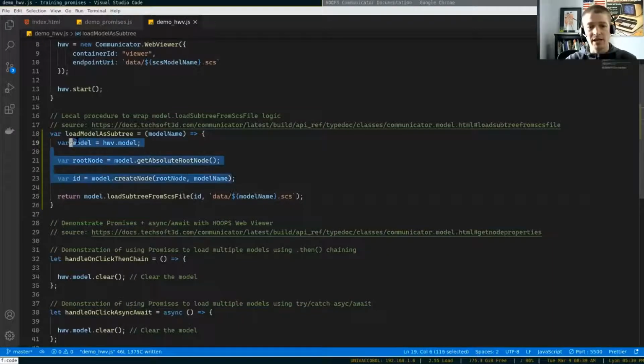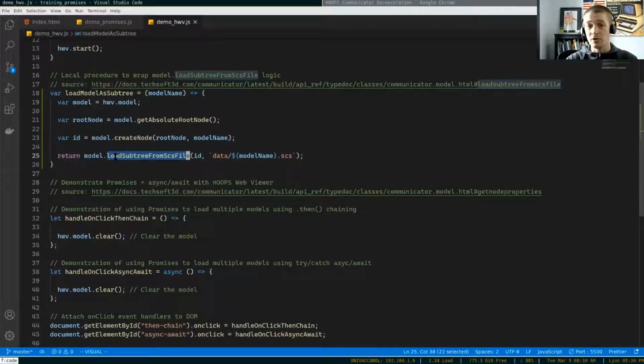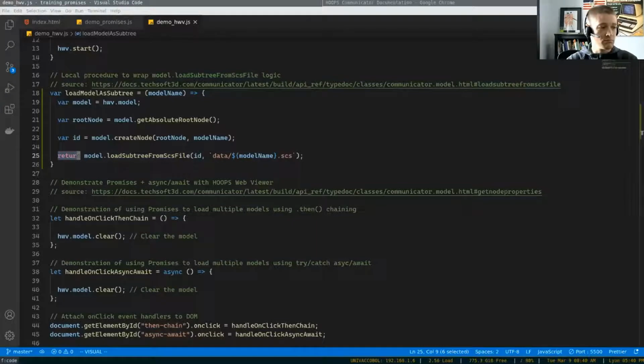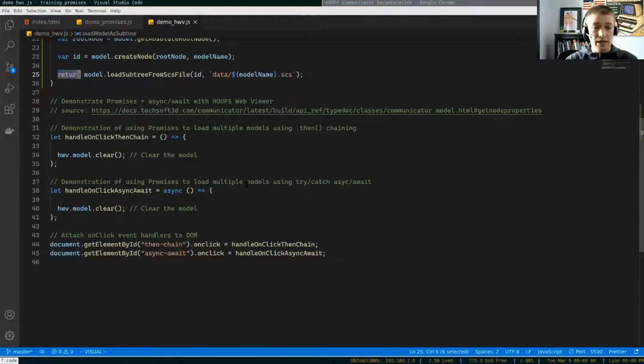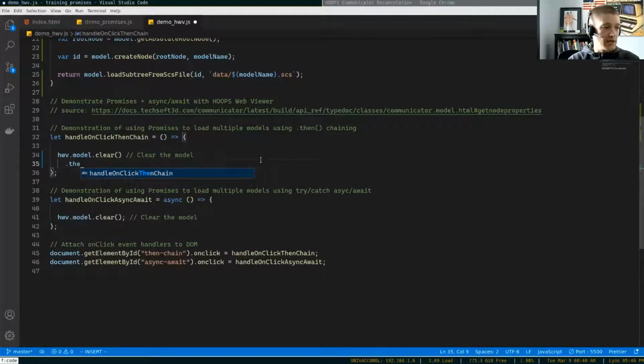We're going to prepare some data. We're going to do some pre-work. We're going to actually call the Hoops WebViewer API. It's going to return a promise to us, and we'll just continue that return on up so we can use our dot chains. And then that's it. That's the whole show here. We're going to dot then,